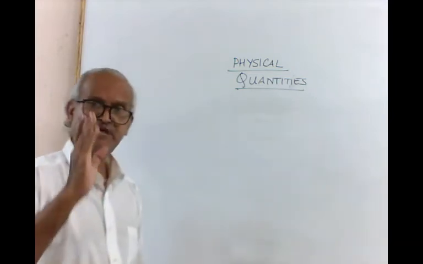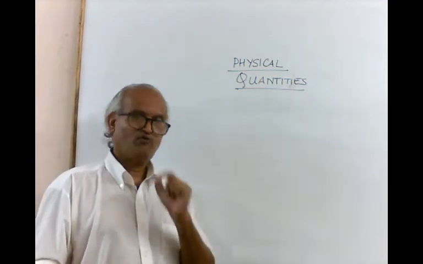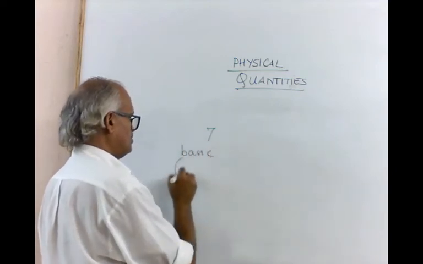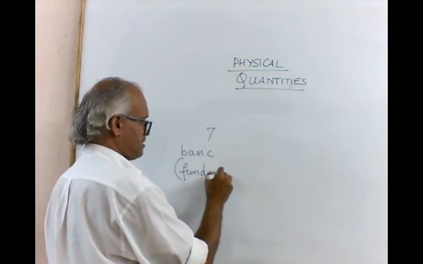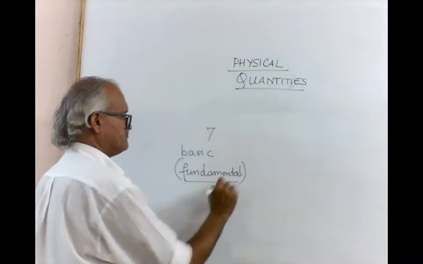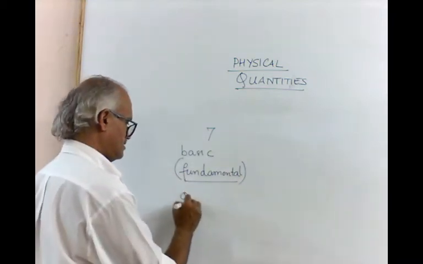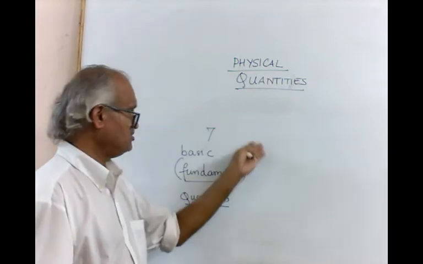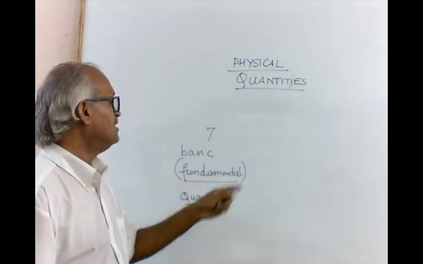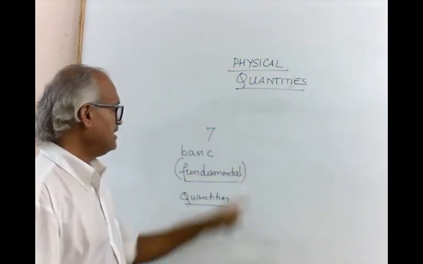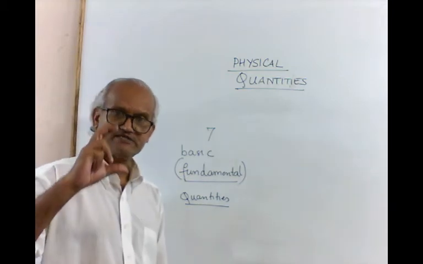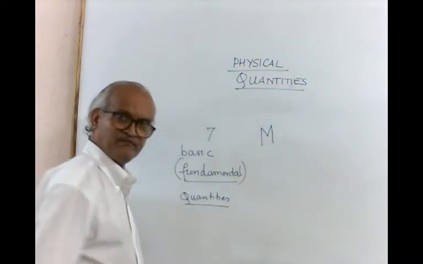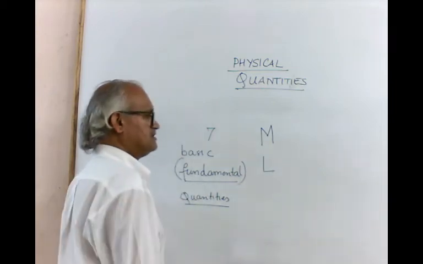So now let's come to dimensions. Now, what exactly do we mean by dimensions? Some time ago we mentioned these 7 basic or fundamental quantities. And we said that from different combinations of these you get many more derived quantities. These 7 fundamental quantities, we signify by symbolizing each with a particular letter. For example, for mass we use the letter M, for length we use the letter L, for time we use T,